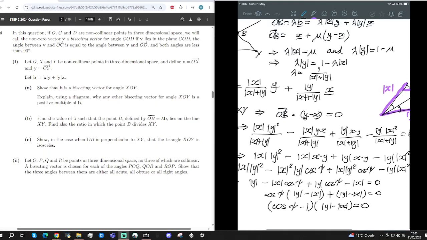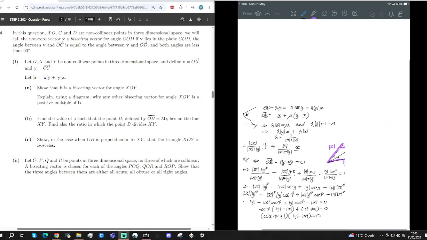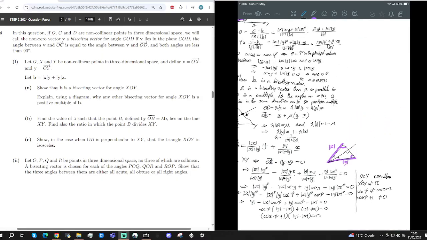Yeah, that should be a plus there. That should be a plus here. So cos phi plus 1 is not 0, which means we can cancel that bracket out. So that means that mod y minus mod x is equal to 0, namely that mod x is equal to mod y, i.e. OXY